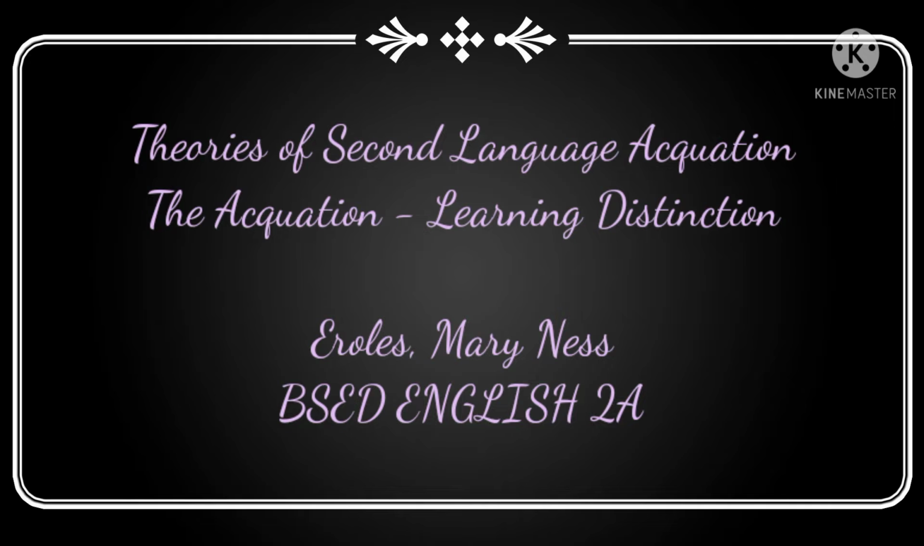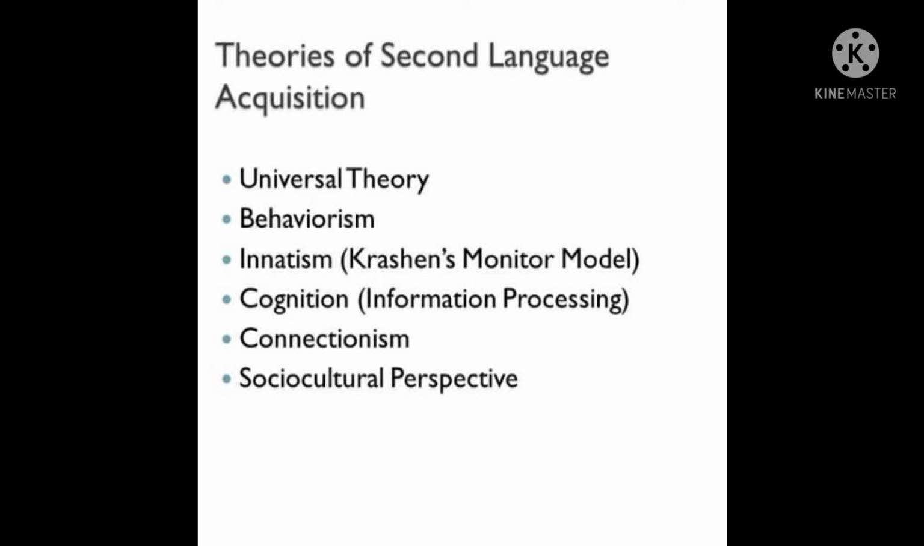I'm going to discuss the theories of second language acquisition, the acquisition learning distinction. Theories of second language acquisition. Second language acquisition theory seeks to quantify how and by what process individuals acquire a second language. The predominant theory of second language acquisition was developed by the University of Southern California's Stephen Krashen. Krashen is a specialist in language development and acquisition, and his influential theory is widely accepted in the language learning